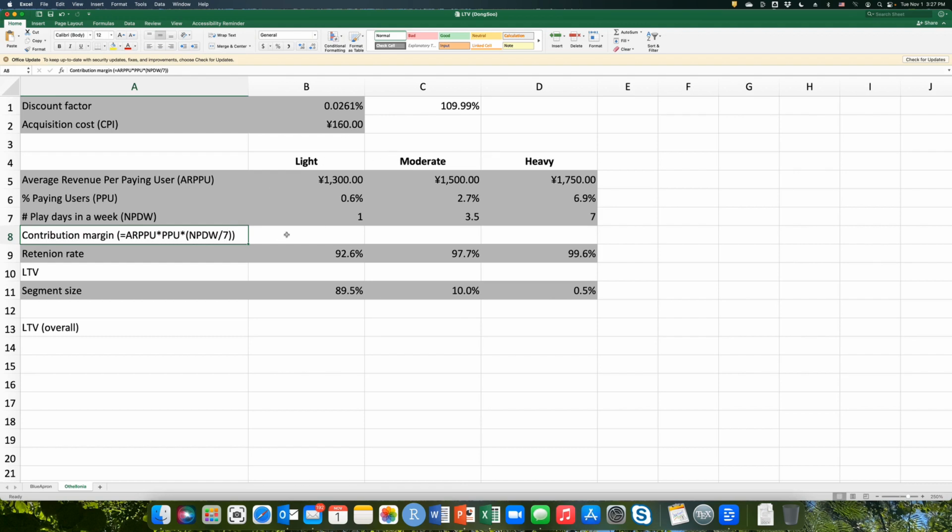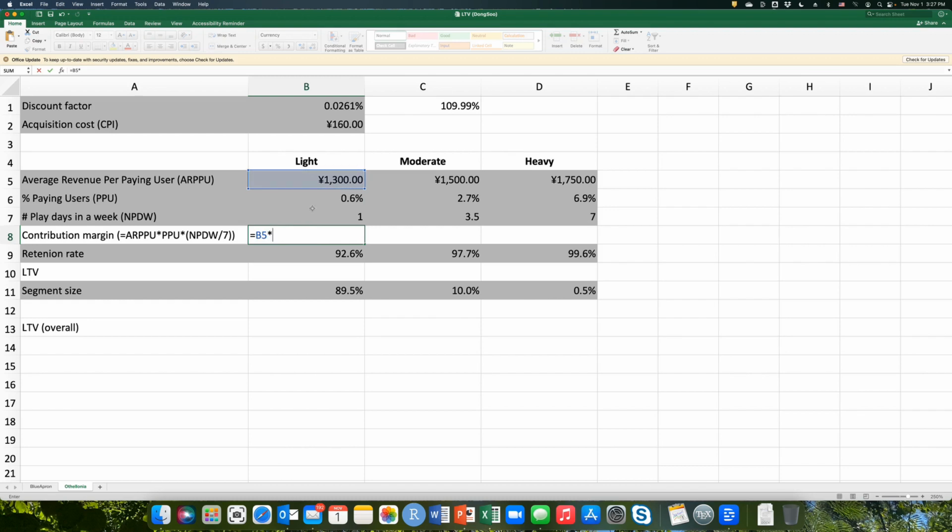So we just need to implement this. To do that, just click cell B8 and put the equals sign. And where is ARPPU for the light user? Cell B5. So click B5, times